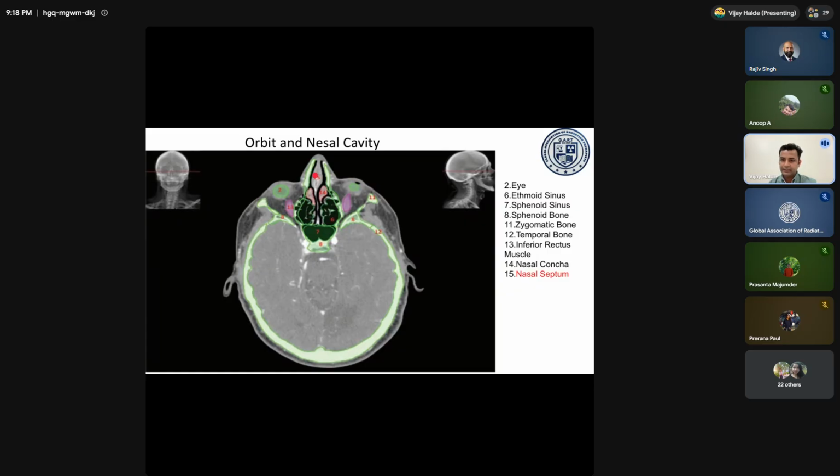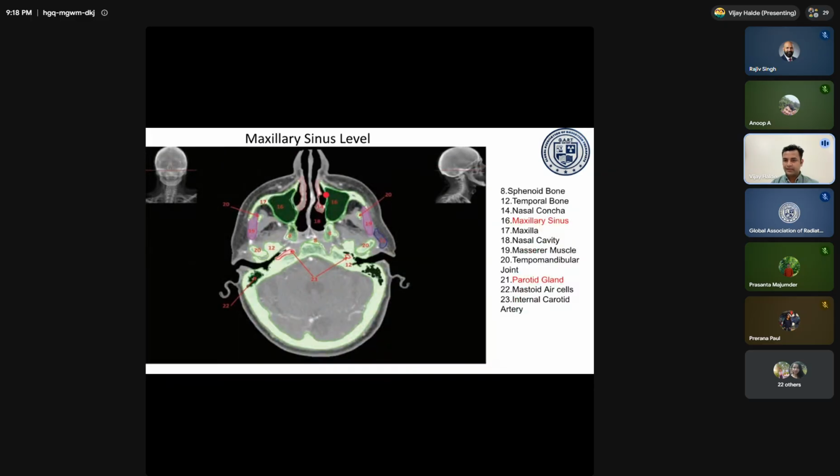Number 15 is the nasal septum. This is a very important landmark to observe rotation during the CBCT images. Number 14 is the nasal concha, which occupies our nasal cavity. The nasal septum divides our nasal cavity into right and left halves. These are important in sinonasal and orbital malignancies. Then at the maxillary sinus level, we can see the maxilla